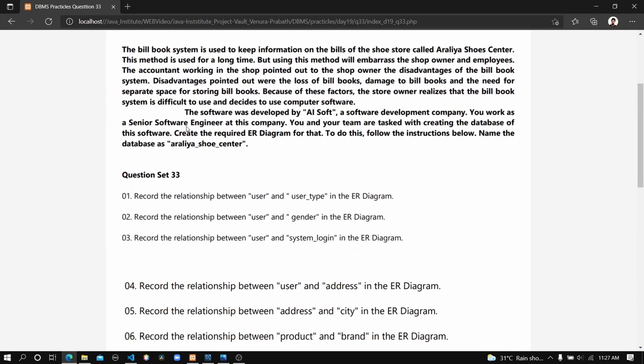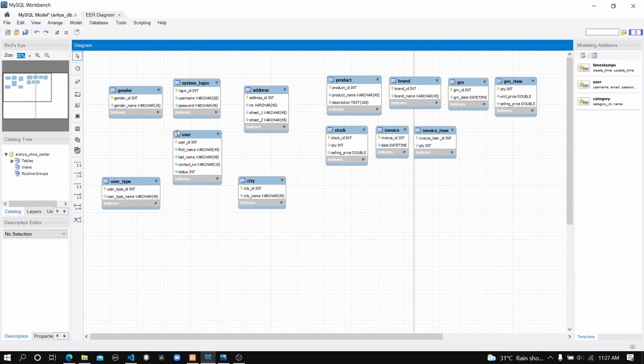Here I'm not going to read the old context again. Let's move on to the first question. Okay. Record the relationship between user and user type in the ER diagram. Okay, now we are going to create the relationship between the user table and the user type. Let's go to our ER diagram here, and this is the user table and this is the user type